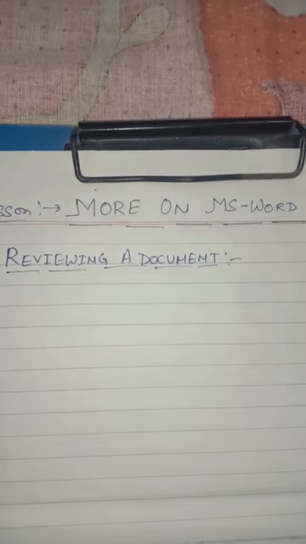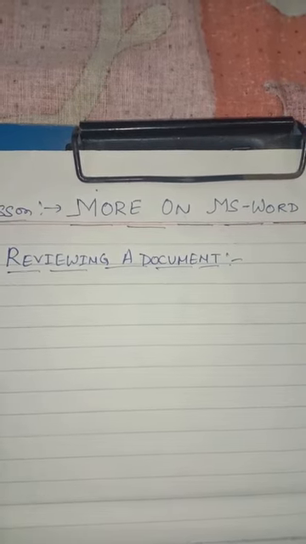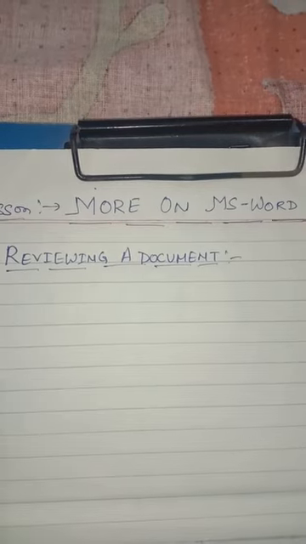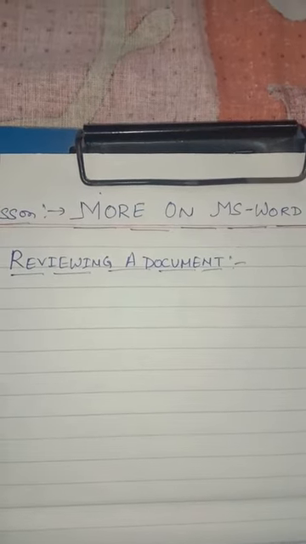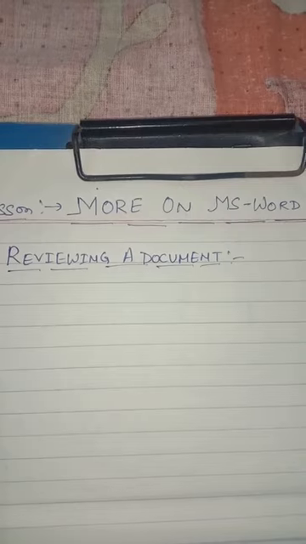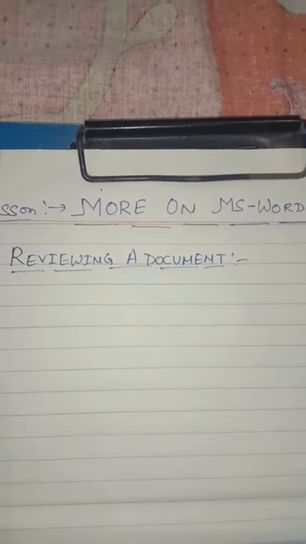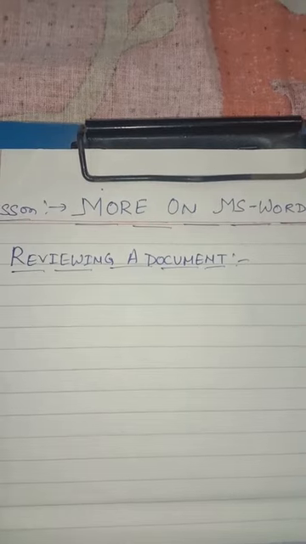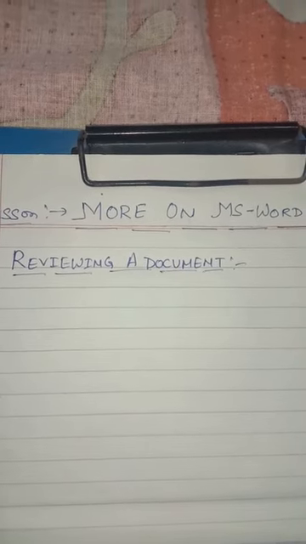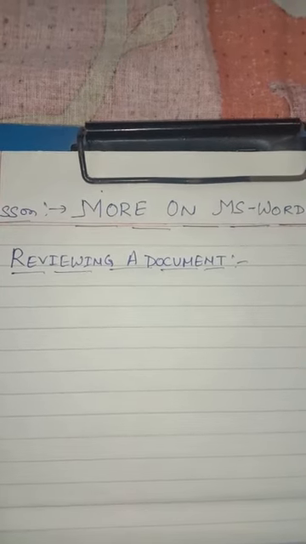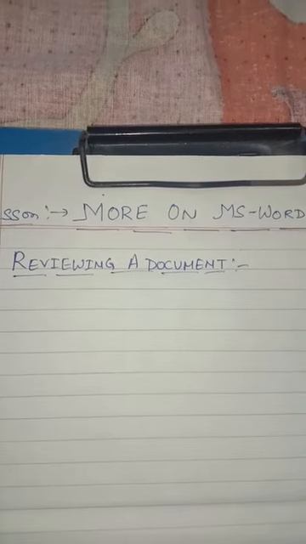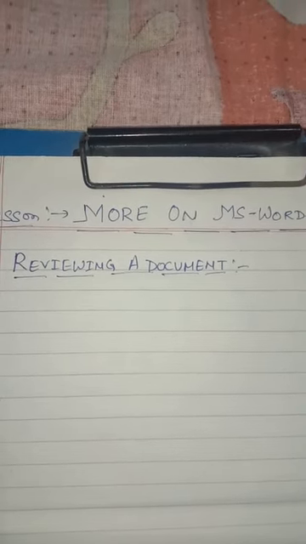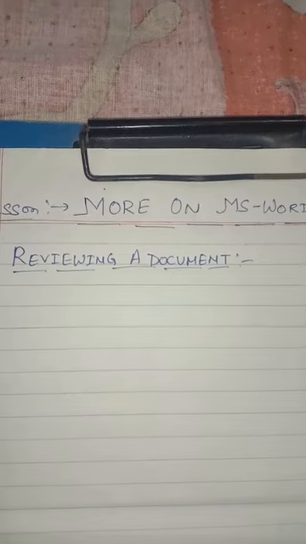When we turn on the track change option, all the changes that have been made to the document are shown as a colored markup. You can select the color that marks up the changes that you have done. If someone has deleted some text, the text would not get deleted or disappear, but it will have a visible strike through.